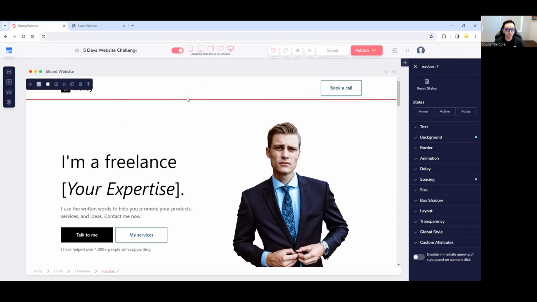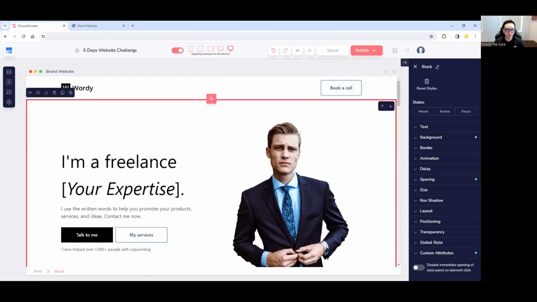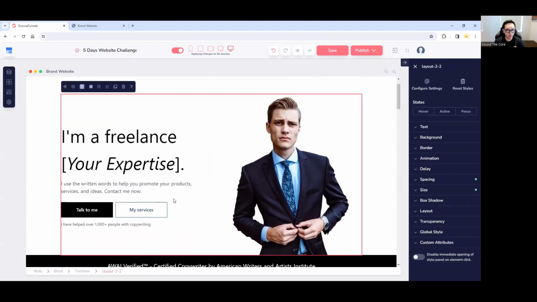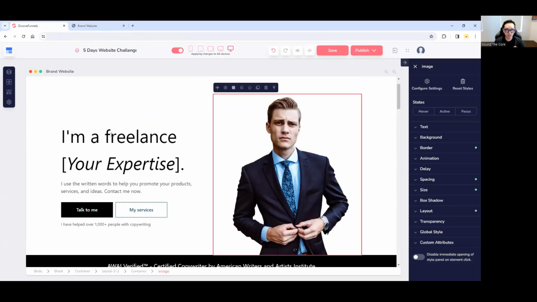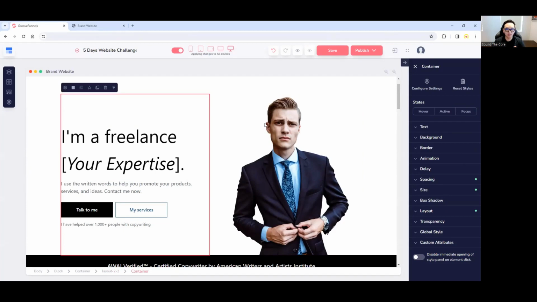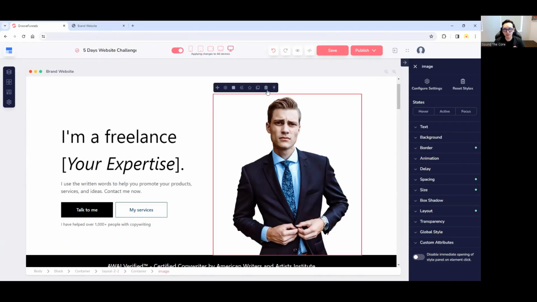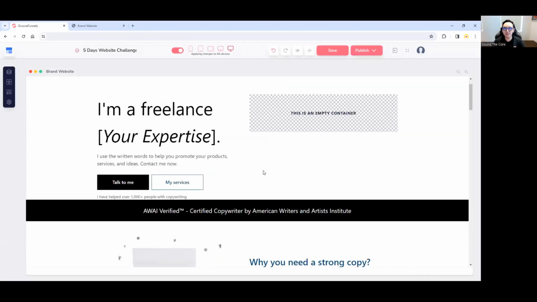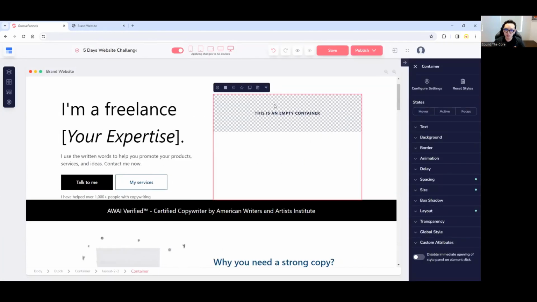So just think of that as block number 1. And then you have got block number 2. See, there's a block number 2, and it consists of a layout, a 2x2 layout. So there are 2 containers here, 1 and 2. So if I deleted this, you would see that this image over here was actually dropped